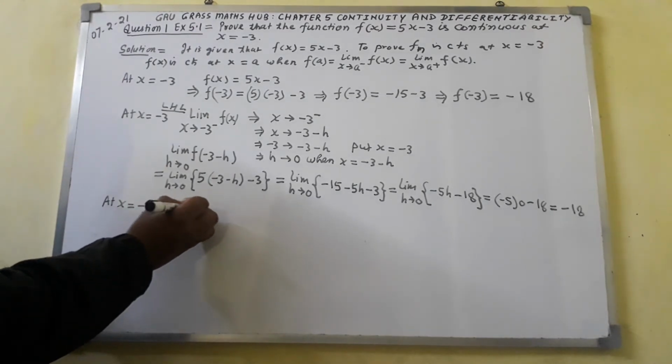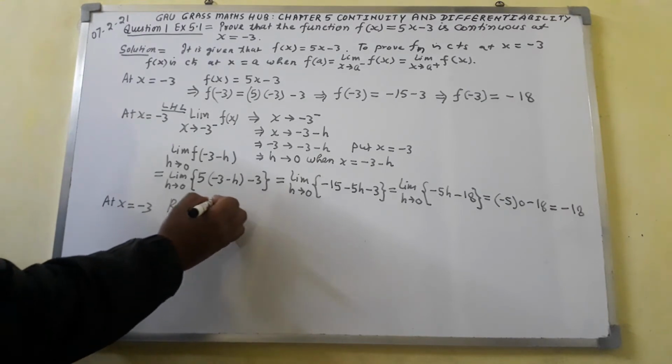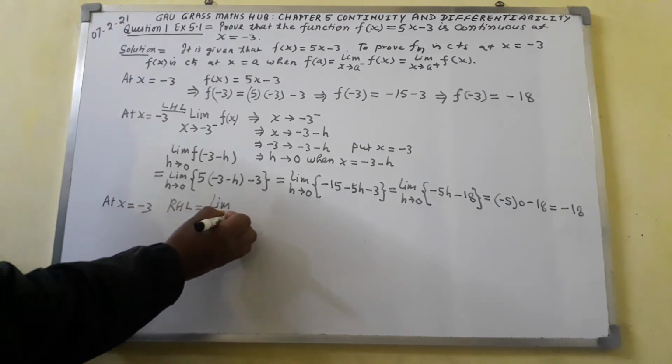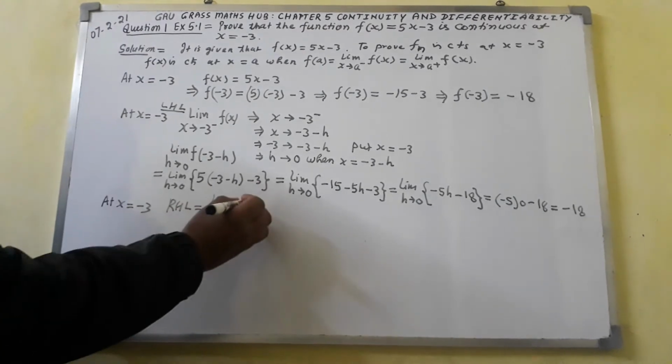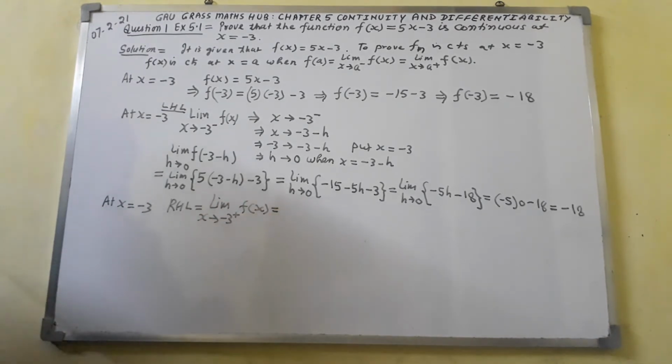Right hand limit comes out to be lim as x tends minus 3 of positive f of x equal to